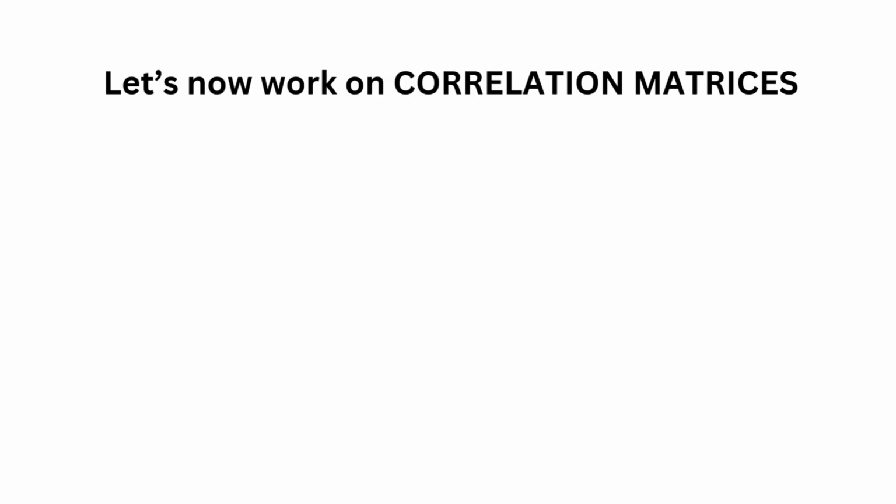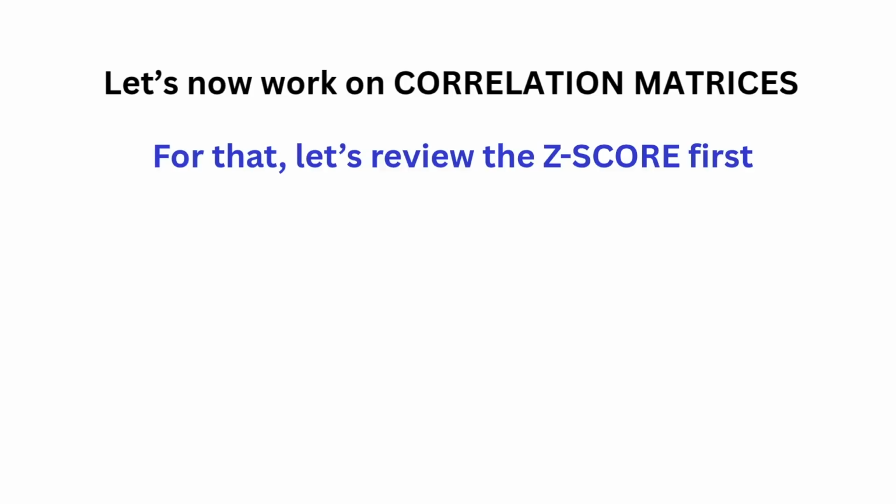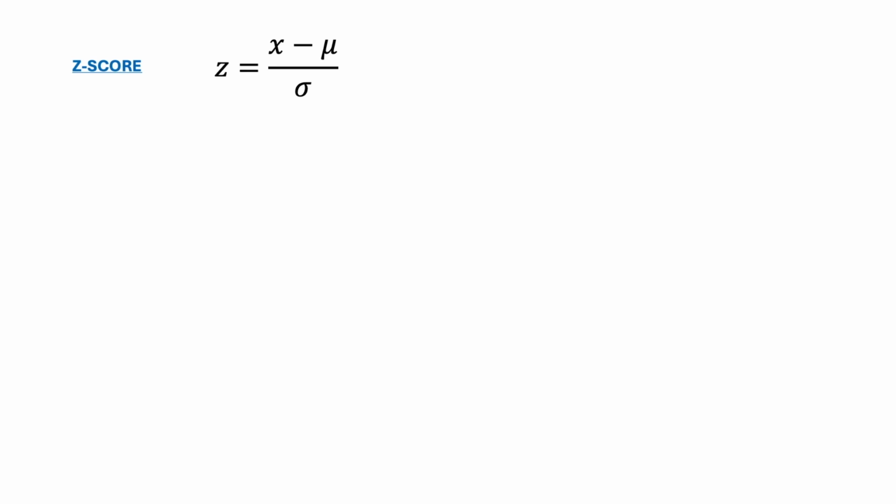And listen up, why that will be important. So, correlation. Let's first review what's known as the z-score in statistics. That is, z is equal to x minus mu, all over standard deviation. Now, it's important to understand what the z-score is saying.